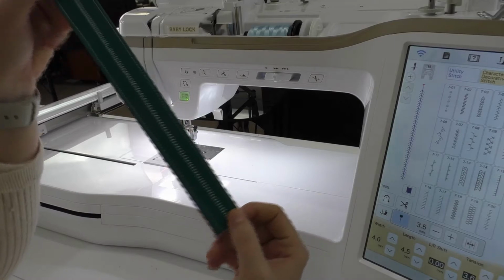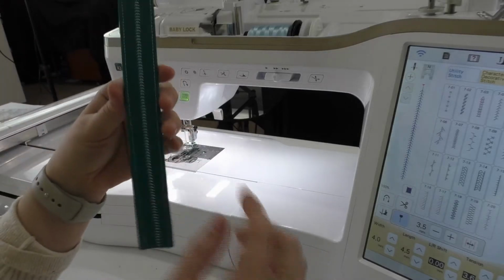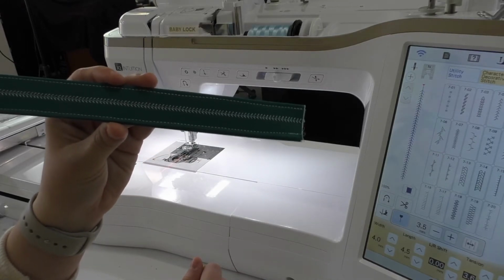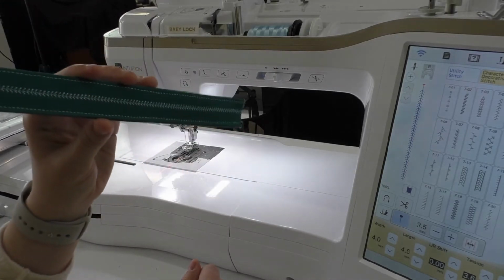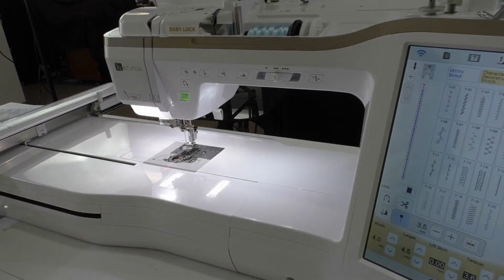Okay, there we have it. I decided to do, I don't even know what they call this, but it's a fun stitch that goes back and forth, kind of like a zigzag, but then also arrows. I think it's just fun. Adds a little bit more character to my handle. So we're done with that part. Let's move on to